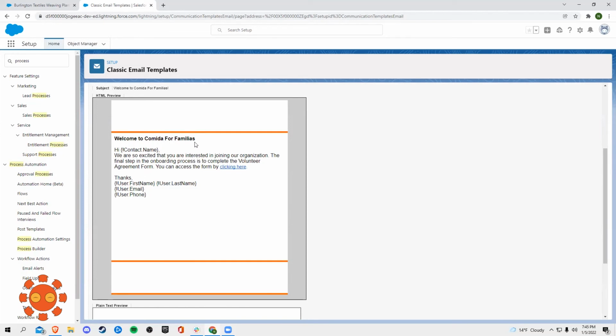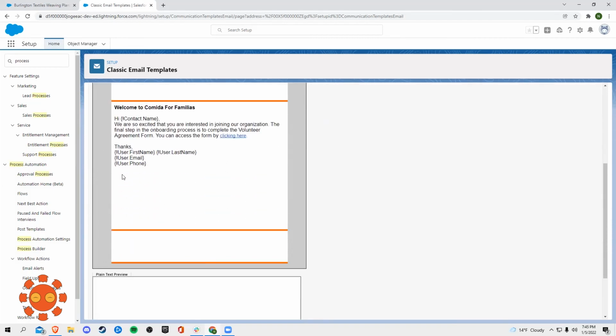So it'd be kind of like, hi, welcome. We're excited that you will be joining. And then they can click this hyperlink to the form. And then whoever is sending this, whoever is actually the opportunity owner or the lead owner, their information would get filled here. So first name, last name, email, phone, and it'd be like, hi, say John Doe, that it would just fill for them. To create this letterhead or email template,